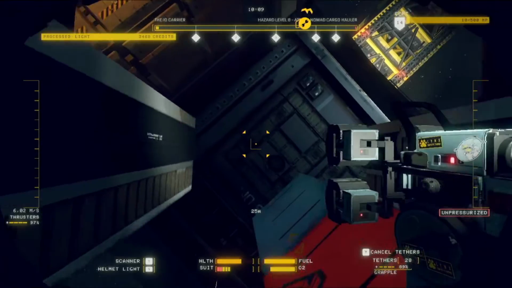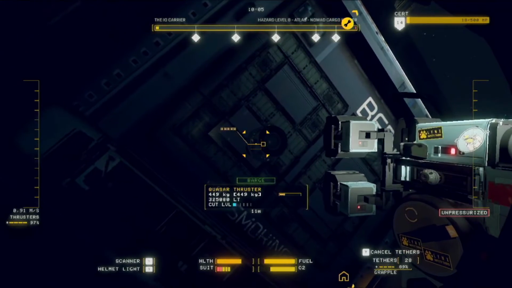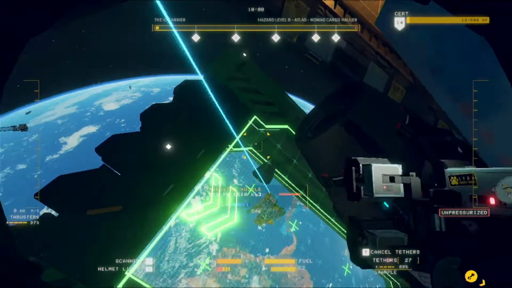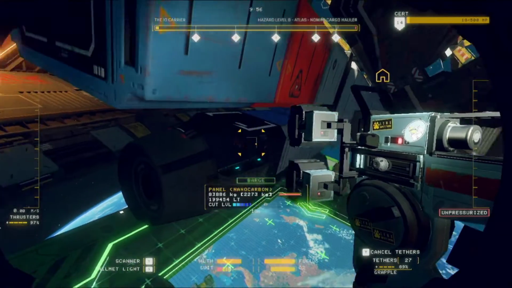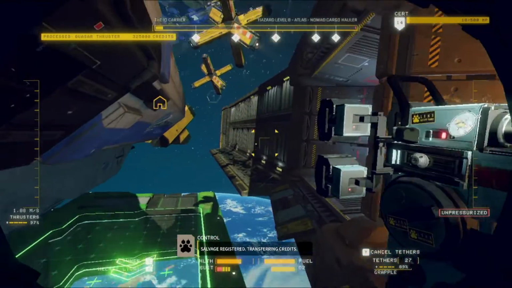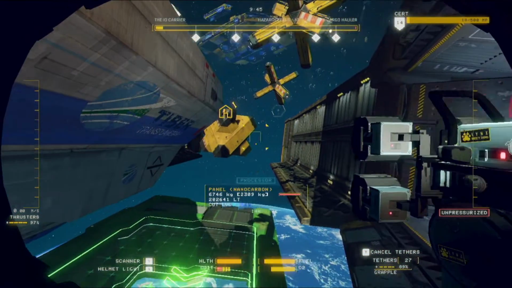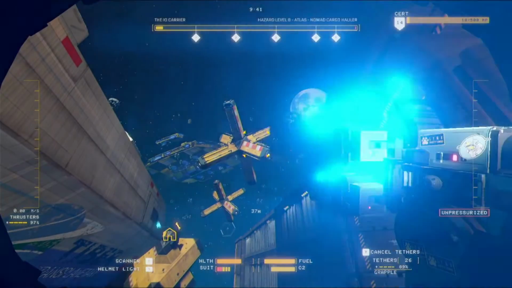Where did that thruster go? Over here. So let's tether you down there. Right. Now, getting this piece into there is not easy. So I'm going to pull it past